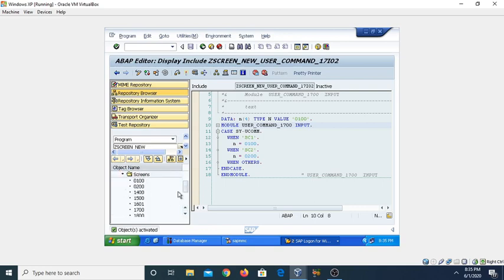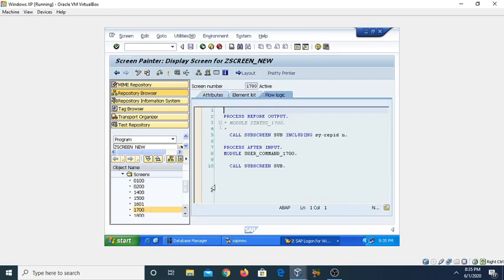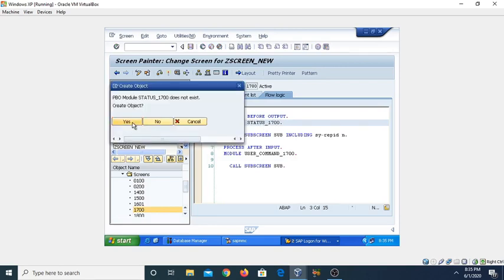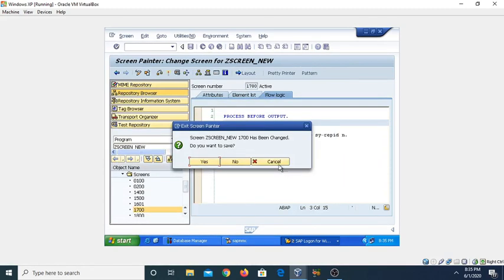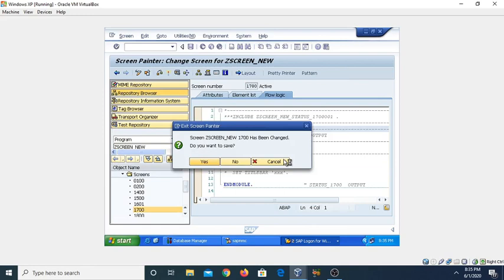So go to this screen, the main screen number was 1700, make it editable and uncomment it, and just double click on it. It will ask you to create the status, yes, and then OK, then OK, click on the yes button.